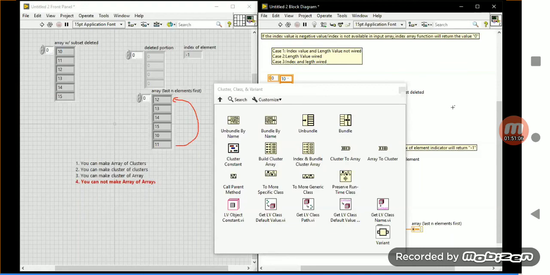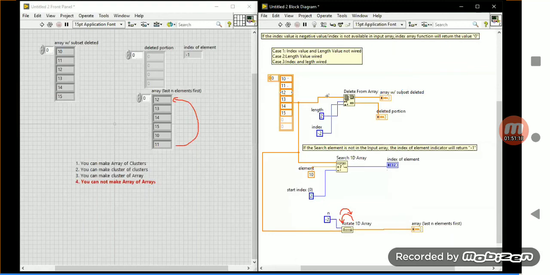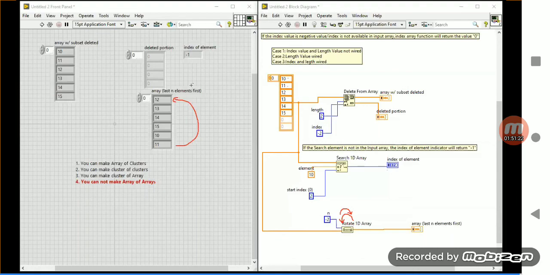Then we entered the array data type, the creation of arrays, and array functions. We discussed different possibilities, and I hope you will do the same possibilities too. Then we discussed clusters, which I said you have to practice. By watching the day 3 and day 4 videos, see if you have any doubts. If you require any function, just tell me tomorrow, and we'll discuss that function clearly in class.